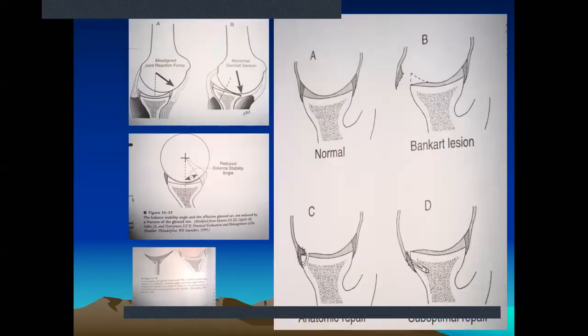And secondly, more importantly, you see, this is a suboptimal repair, especially what happens in an open Bankart's repair, where you place the Bankart's labrum anteriorly to the glenoid and attach it. This is how the repair takes place in the open Bankart surgery. But in arthroscopic Bankart repair, the magnification is so much that you attach the labrum exactly where it belongs, and that's why the arthroscopic Bankart repair is much preferred. Although it is technically very demanding, it is much preferred.